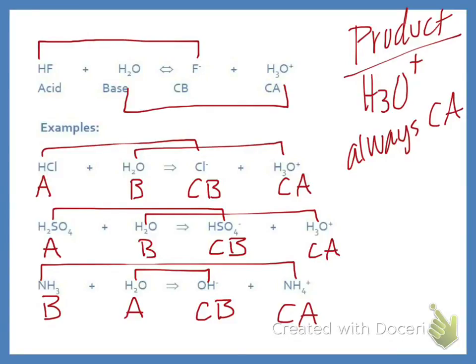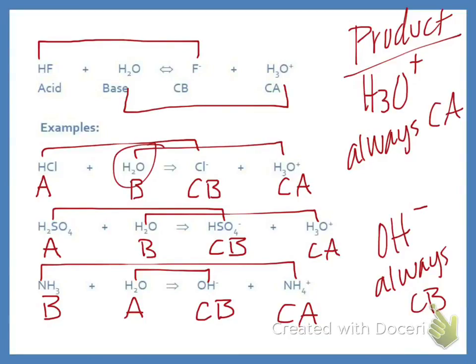Okay? On the product side, if you have OH minus, hydroxide, it will always be a conjugate base when you're doing those. So if you see those, you can kind of take that to the bank, so to speak. Okay? What did you notice about water? It could be an acid or a base. Yeah. Here, right here and here, it was a base, but